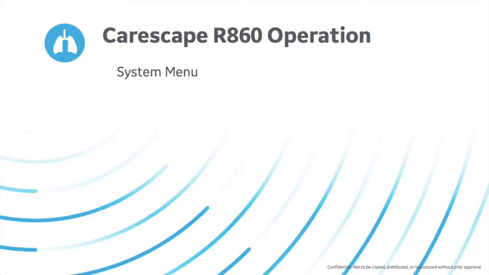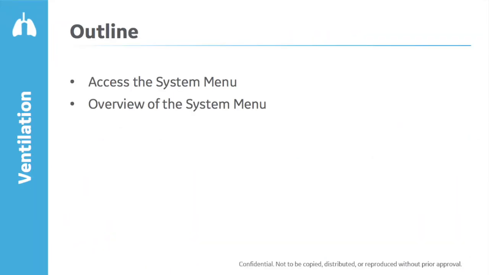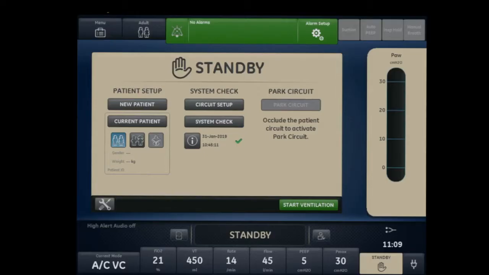CareScape R860 Operation, the system menu. In this video, I'll be demonstrating how the device operator can access the system menu and provide an overview of the system menu. To access the system menu, simply touch in the top left-hand corner of the ventilator touchscreen display